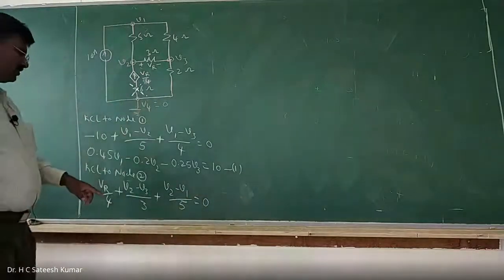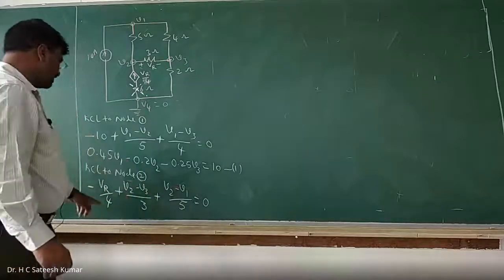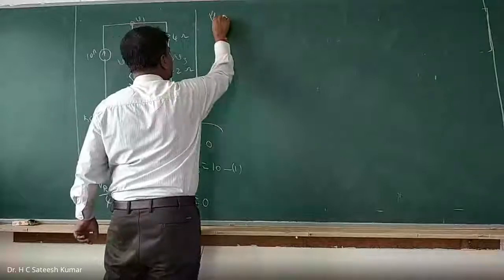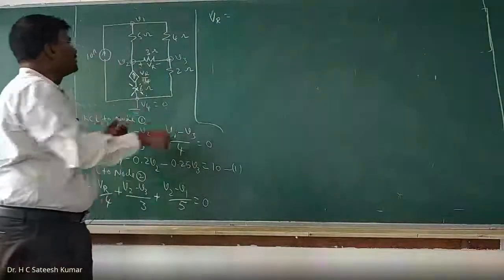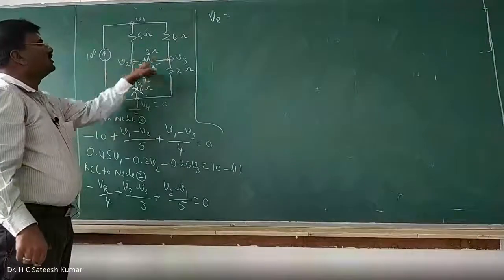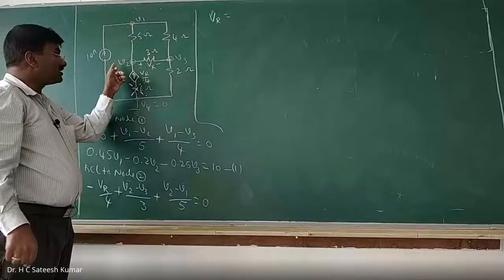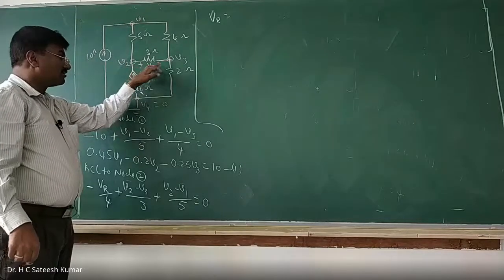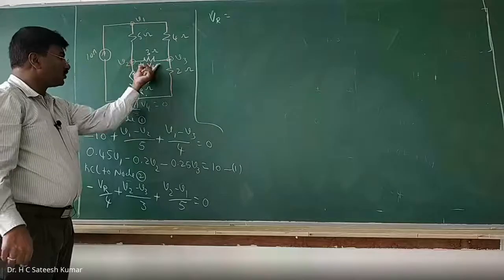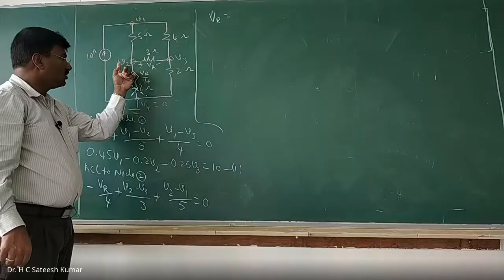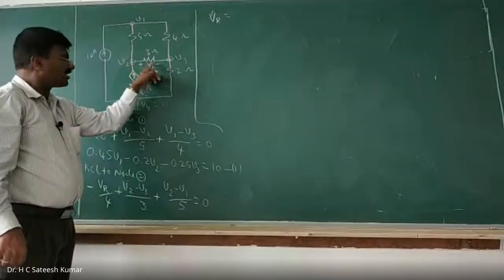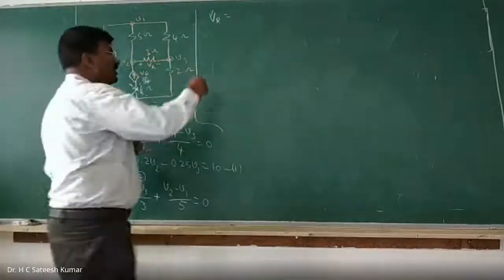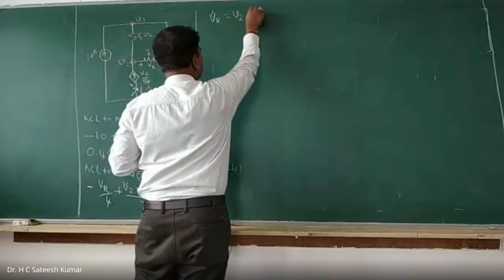V1 coefficients we can write. First of all, what is VR? VR is equal to voltage. It is not current. It is resistor voltage only. That means readily available. VR is nothing but this is plus, this is minus. Therefore, we'll have to write this voltage is nothing but equal to V2 minus V3, because plus sign is this side, minus sign is this side. The potential difference between these two is VR. That is nothing but equal to V2 minus V3. VR is equal to V2 minus V3.